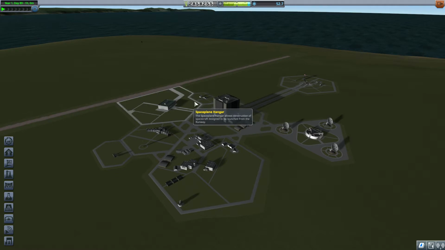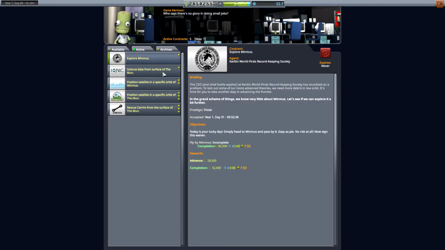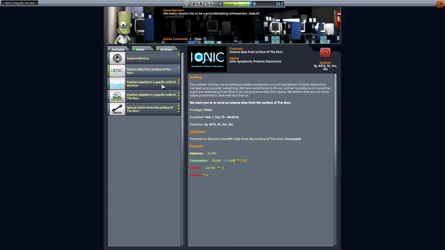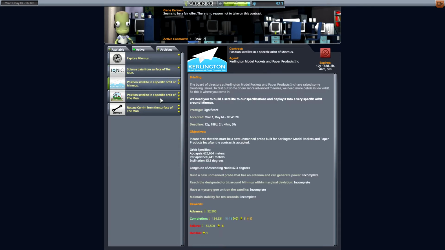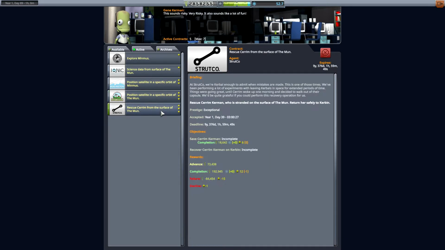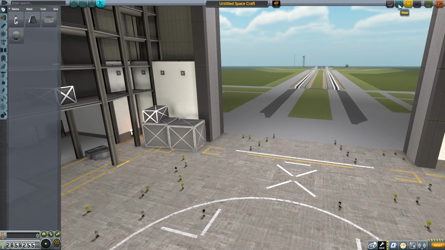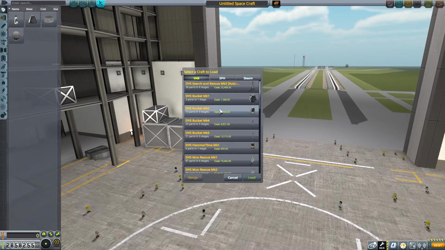We got a couple of missions going on currently right now. We've got Explore Minmus, gather science data from the surface of the moon, position a satellite in a specific orbit of Minmus, and rescue serum from the surface of the moon. And we currently have a ship in progress doing that, and I'm going to try to do this hurriedly because the ship is on